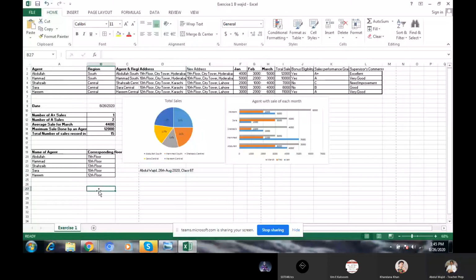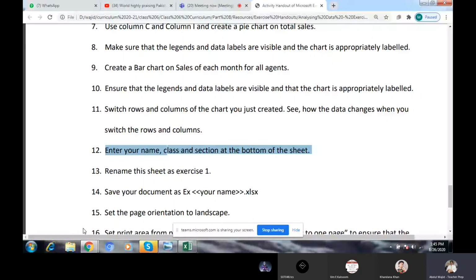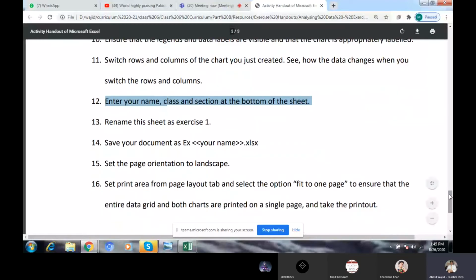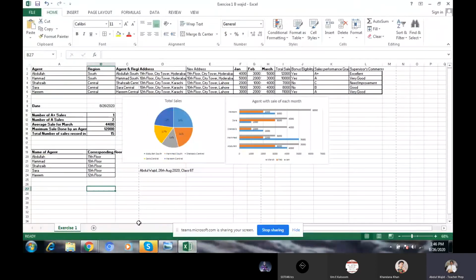Okay, now it's okay. Yes, we'll go there and save. Yes, we already saved that one. Only click on save and page orientation and landscape. Okay, we will go for page setup. We rename this one and also save that file with our name. I already saved this one, you will see. Okay, this one rename, right click and rename and change the name. And I already created this one, exercise 1 and B, part B, and save.